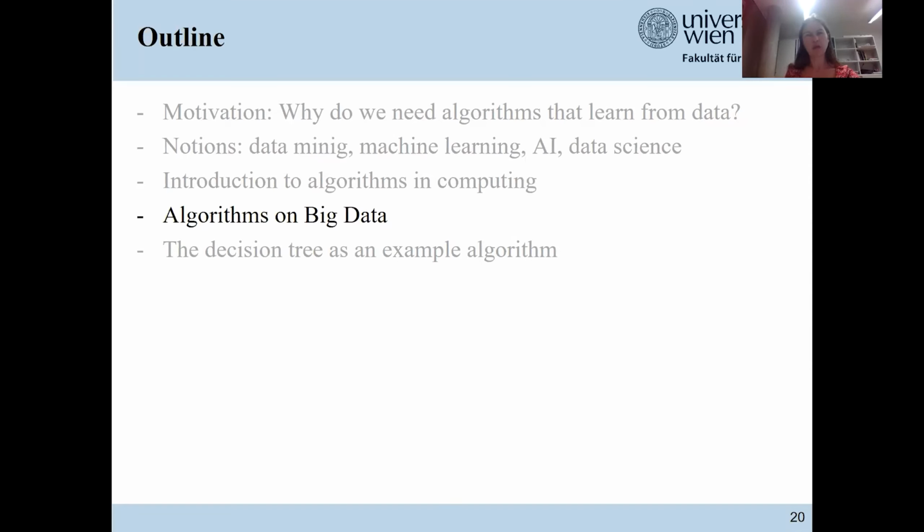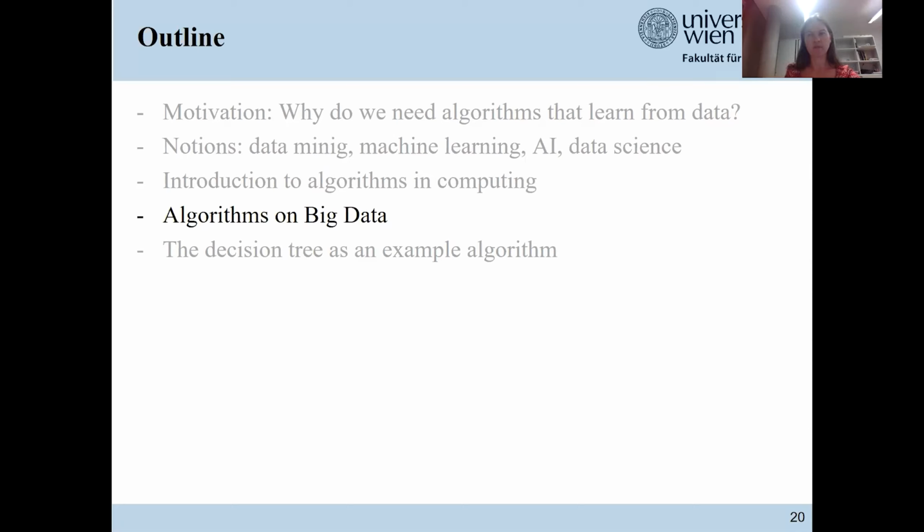Of course, when you have a given problem, you need to select an algorithm. And often it is the case that you don't have to invent that algorithm on your own. For instance, when you want to do classification of emails for spam, there are well-established algorithms you can just use. And you can just choose among them. However, the choice of the best algorithm for a given problem is a challenging one.